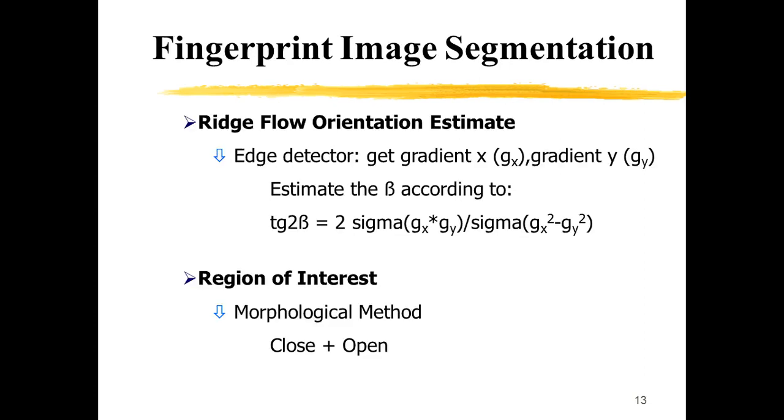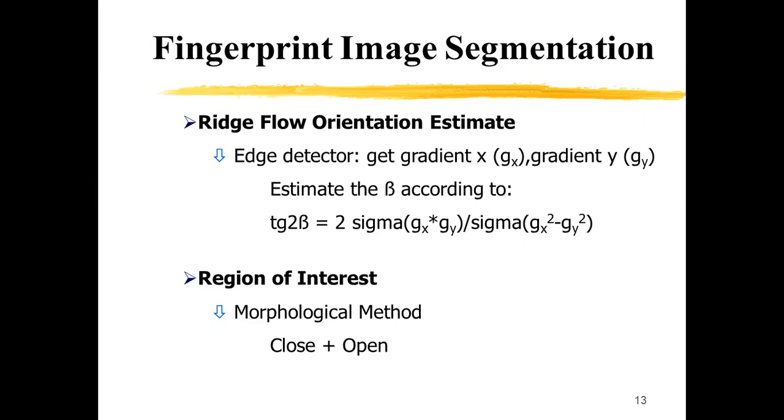There are two parts where the region of interest bounding box is drawn. One is the portion within the bounding box, that is done using the block directional estimation, and for the edges of the bounding box we apply an edge detector. We get the gradient in the x and y coordinates for every pixel and estimate the region of interest.